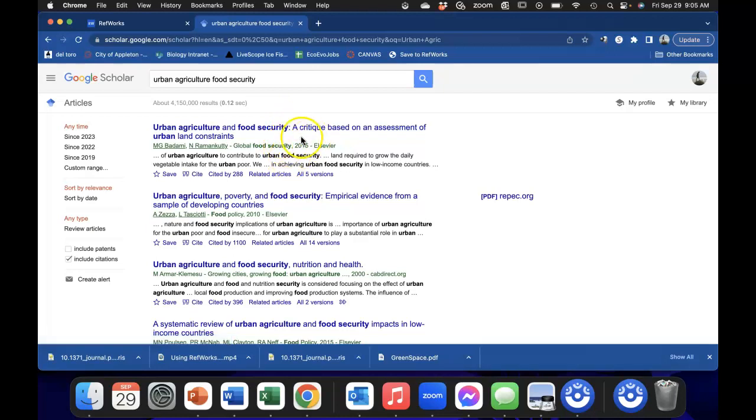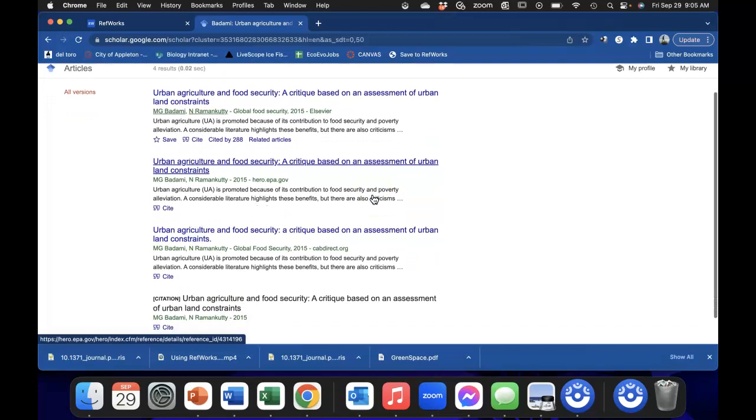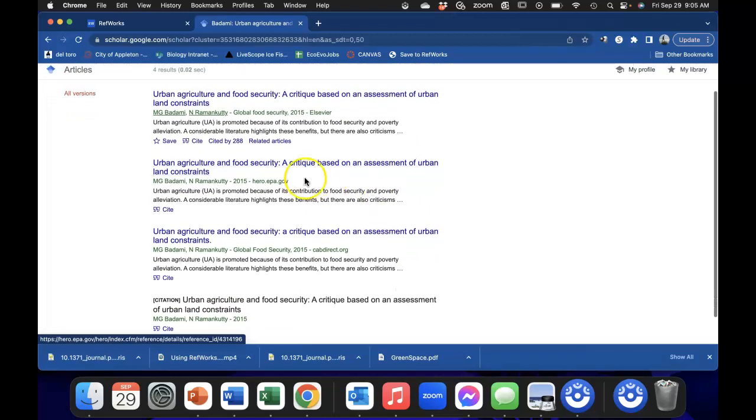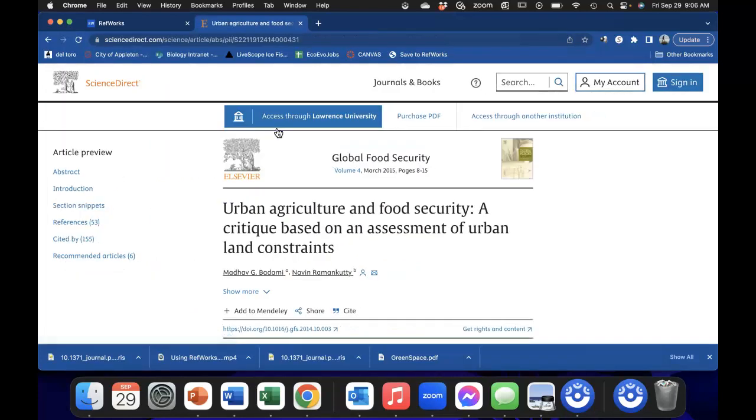One of the first things that's going to come up is urban agriculture and food security. This looks like a peer-reviewed journal. We can see it's cited by over 288 citations. There's 5 versions on it. If we look at all 5 versions, this is where they're stored online. So some of it is in the EPA website, others are in the journal itself. So let's go ahead and go to that journal itself. This seems to be in the Journal of Global Food Security. So I'm going to click on the link,